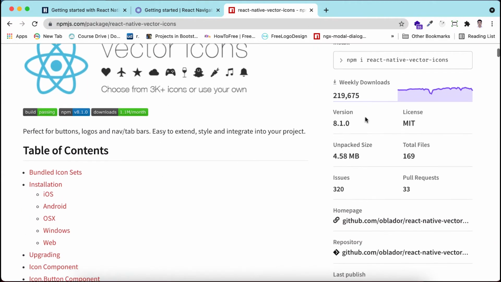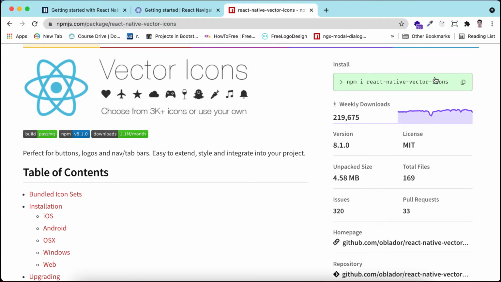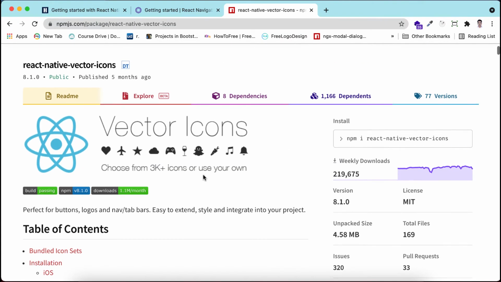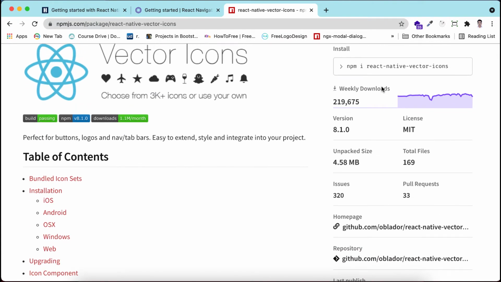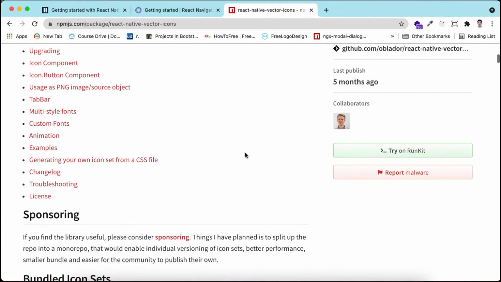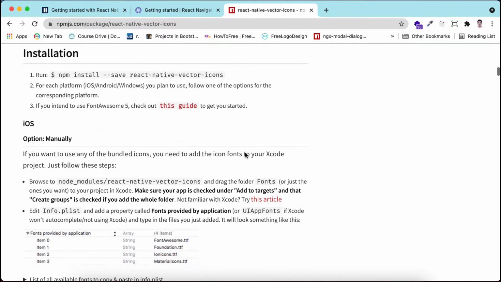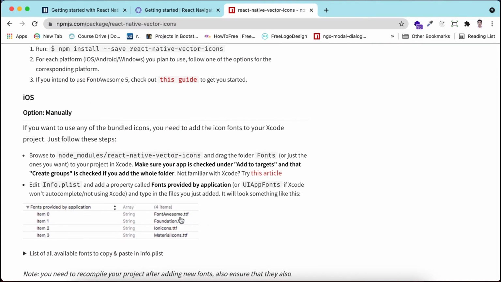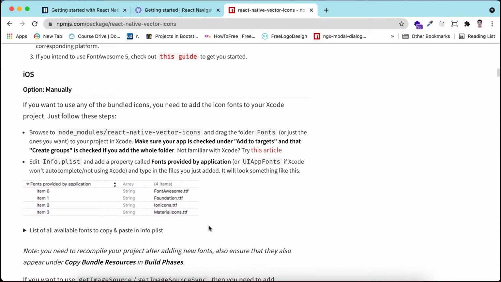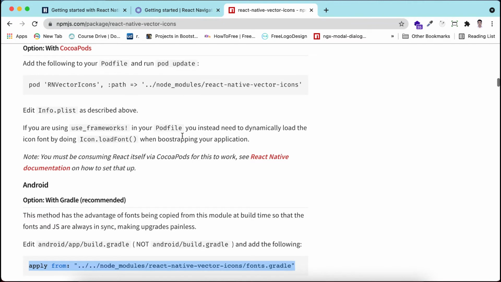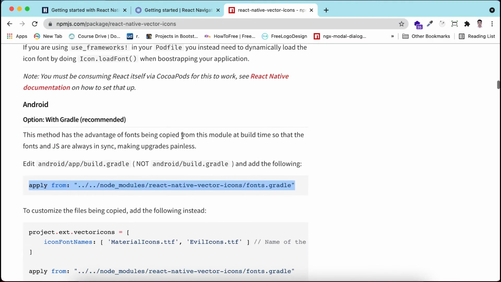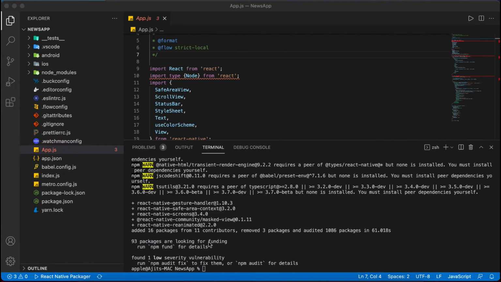Here we will install this package, so I'm copying this. This needs some extra setup for iOS, which we will do after running the iOS application. For Android we will copy this one to the app build gradle, we will do it later. So our install is completed.